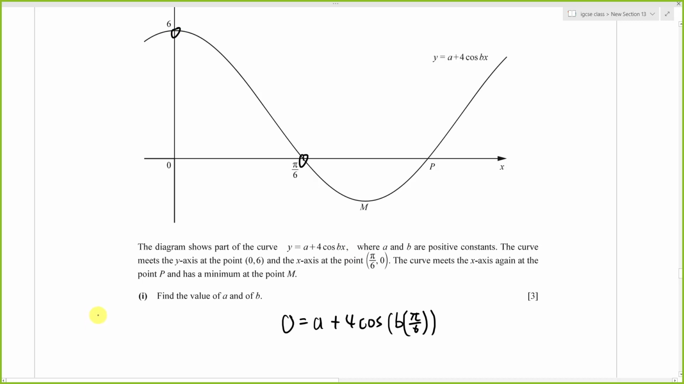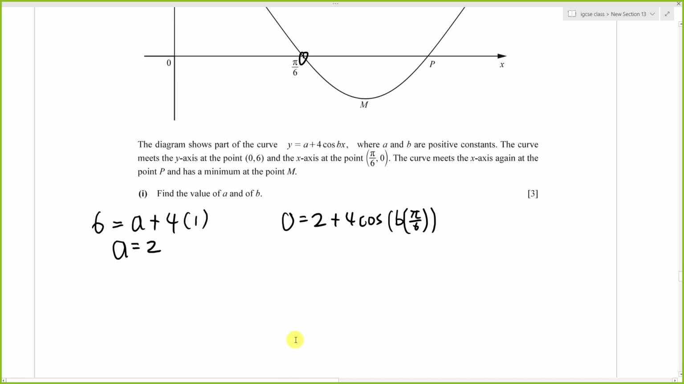(0, 6). So when y equals 6, my cos is cos 0, because x is 0, so cos 0 just equals 1. Then my a equals 2. Then like this, I can get my b easily. So I will just solve this equation. This equation will give me cos of pi over 6 b equals negative 2 over 4, right? So it's negative half. So therefore,